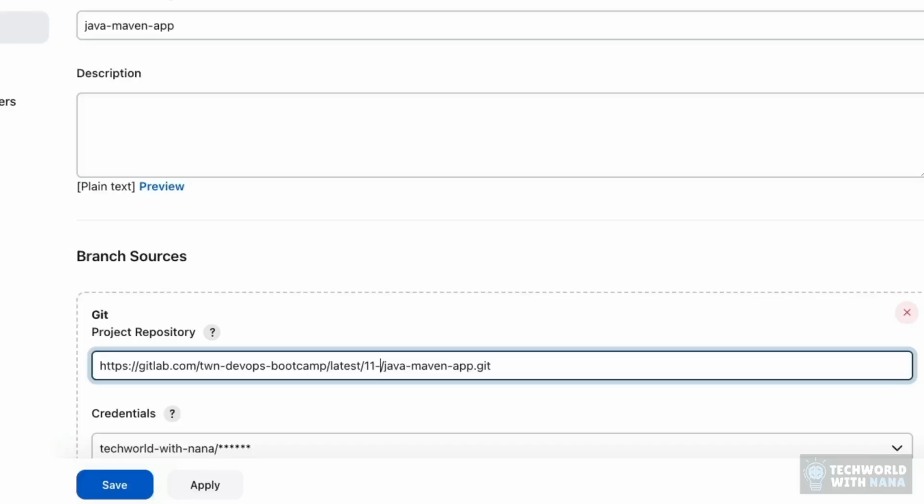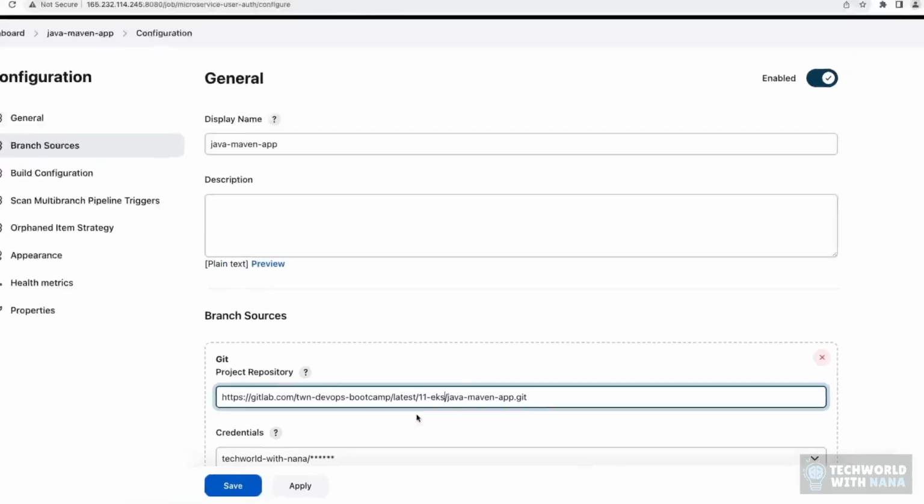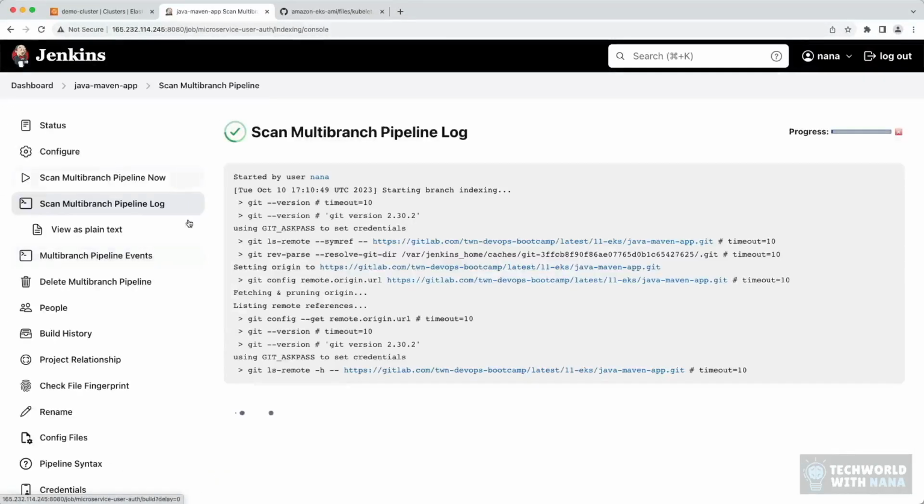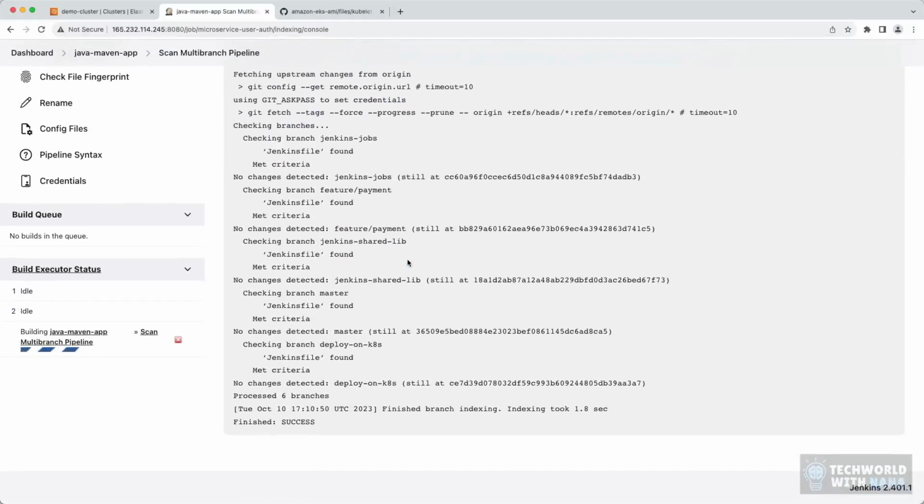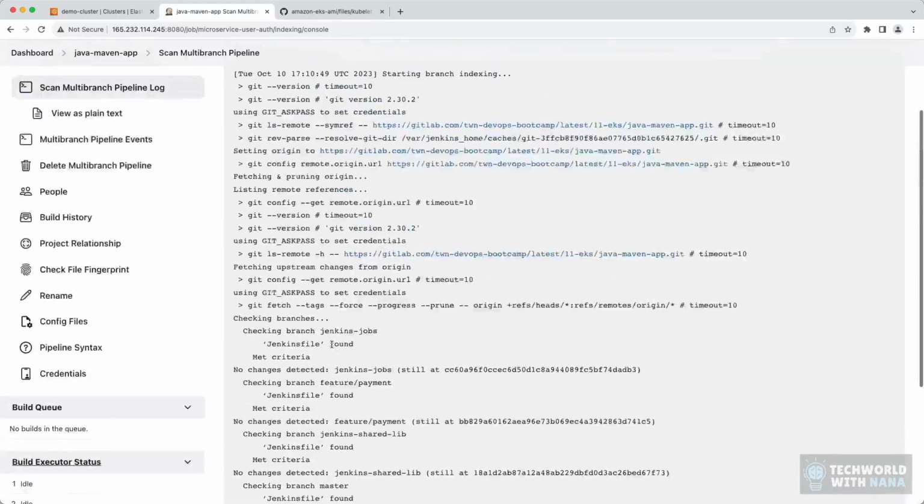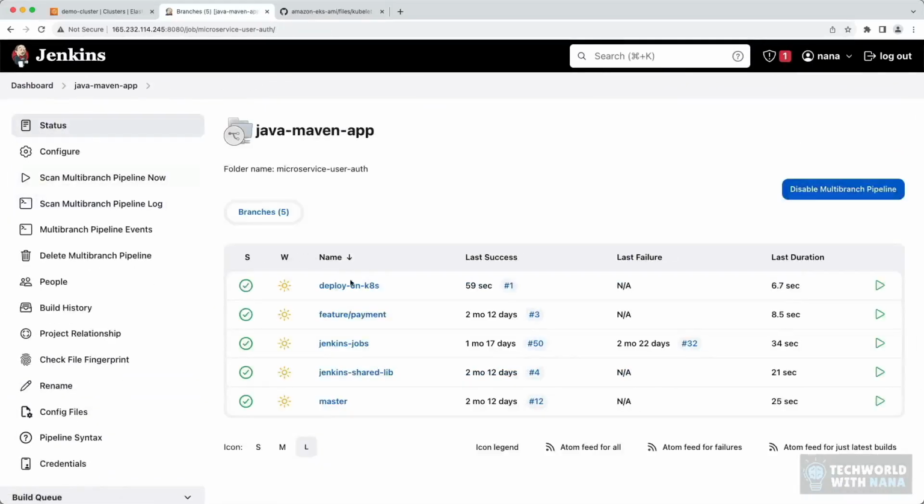So this bit here is going to change, and now I'll click Save and run a scan to update this in Jenkins. So the scan is complete, and as you can see here, I have added a new branch, a deploy on Kubernetes branch to the project for this demo, which now appears in our Jenkins pipeline. Awesome. So inside our pipeline, multi-branch pipeline, because it has its own credentials store, we're going to create credentials for